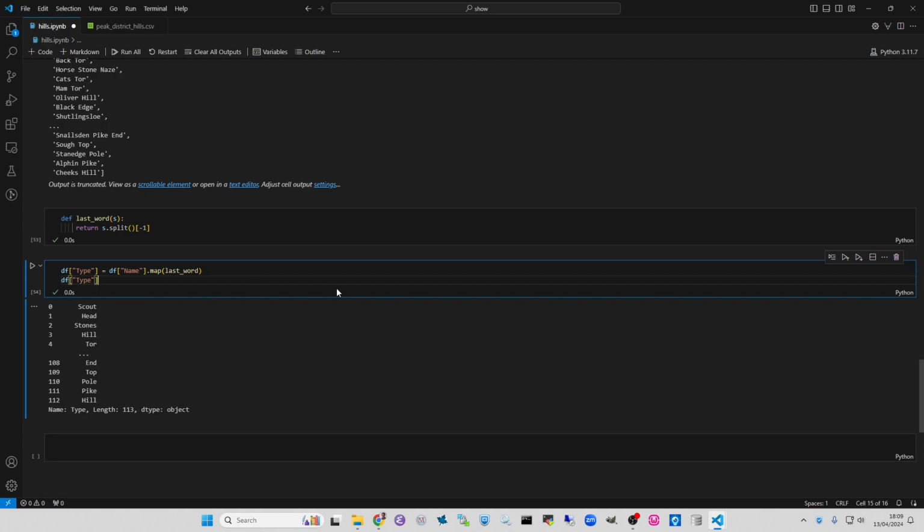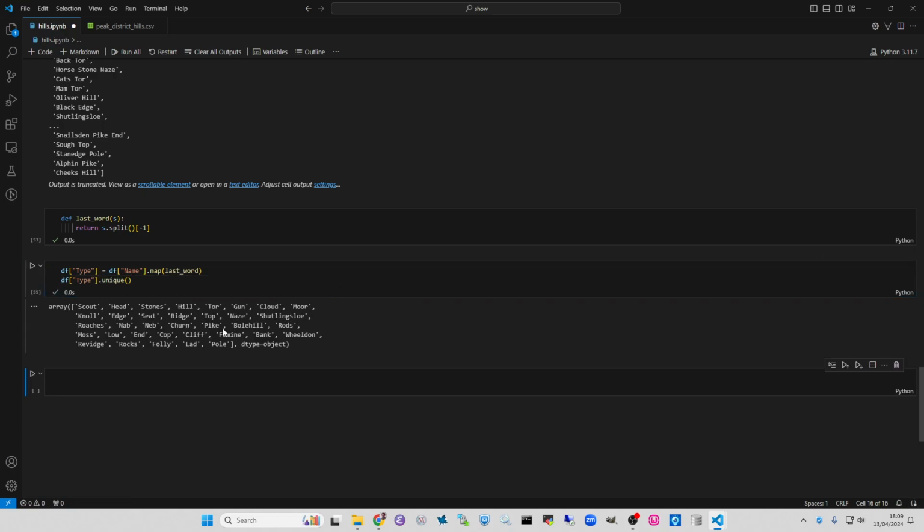Okay, so let's see what we get. There's a whole bunch of different things that could come out: nab, neb, roaches, moss, all sorts of strange things, but hill is kind of the most common. So let's ask ourselves how common these different things are. That's another very common thing we might want to do with a data set. We want to group it and